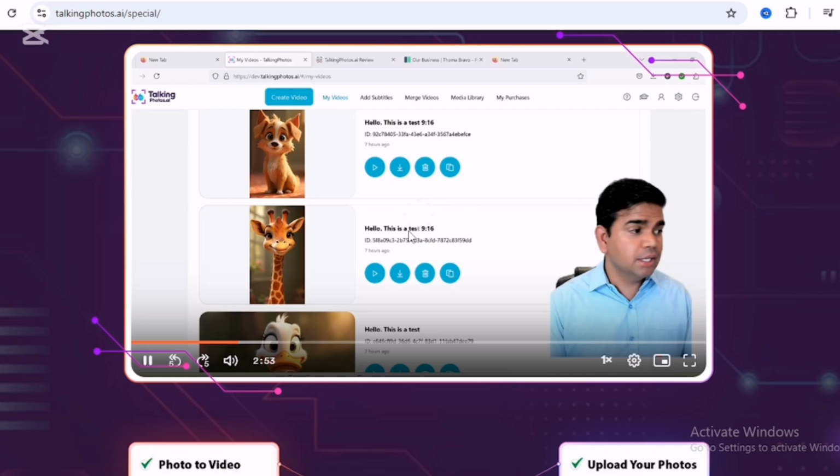And before we go ahead, let me share with you the payments. So it comes in two options, basic and all access. So there is no need to pay for